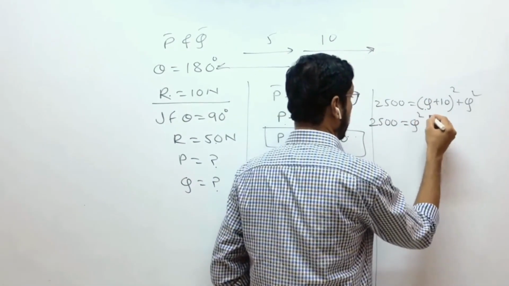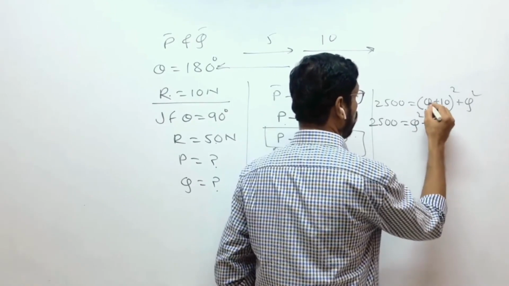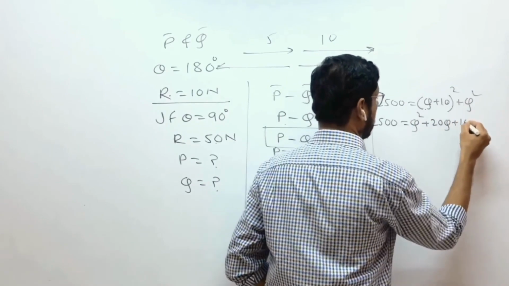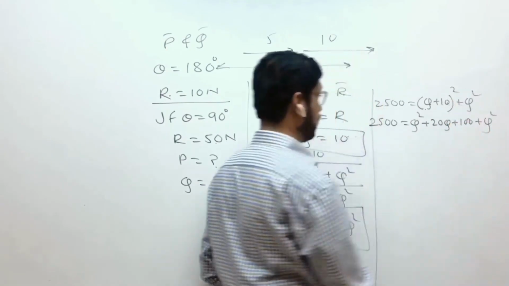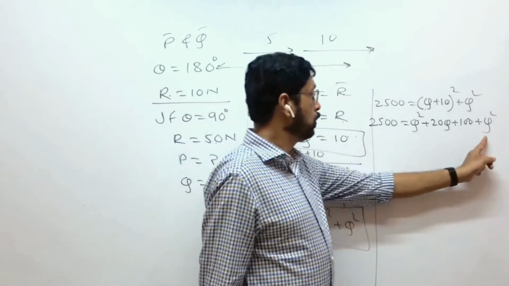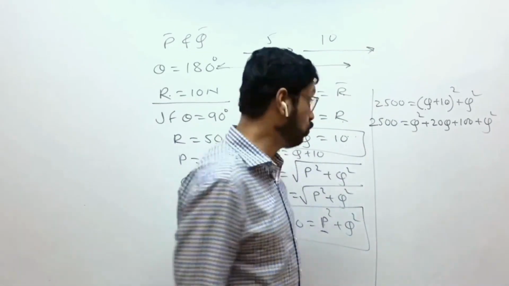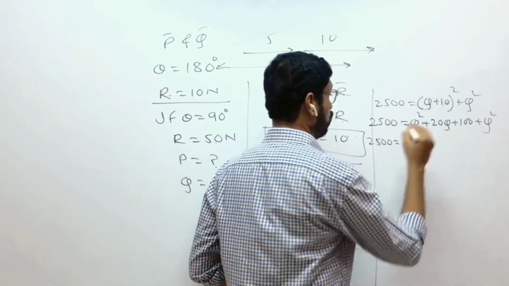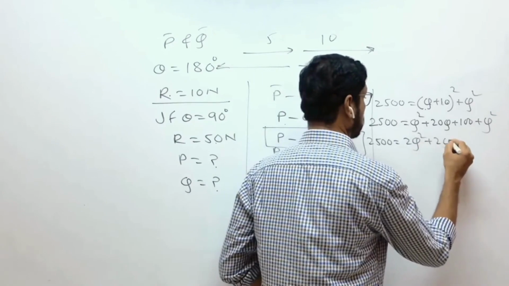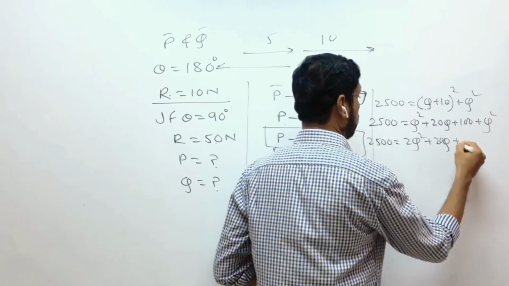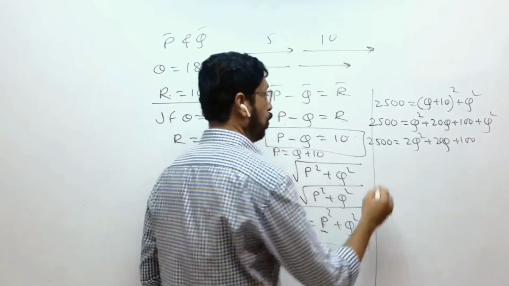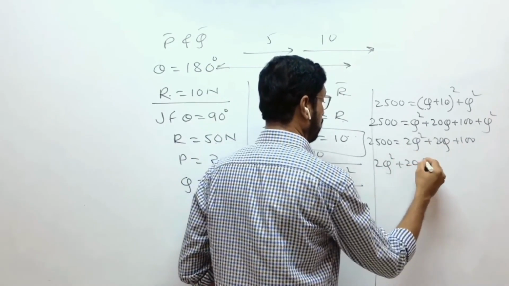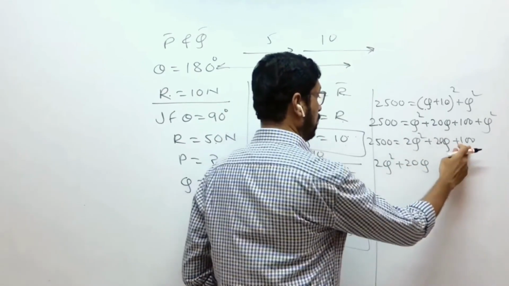So Q square plus 2Q into 10, that is 20Q, plus 10 square, that is 100, plus Q square. Q square plus Q square is 2Q square. So 2500 is equal to 2Q square plus 20Q plus 100,